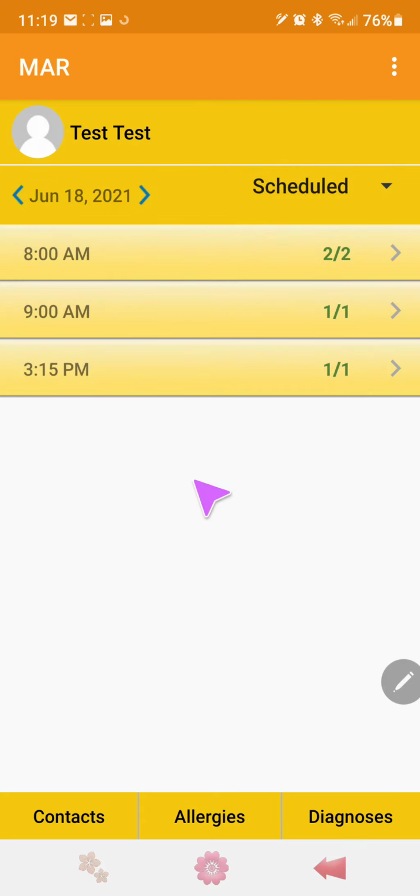All right, so here we want to make sure that you're looking and everything's green for the day. If you have issues where you're not able to get on, that's when you're going to document on that paper MAR. And then you can put in